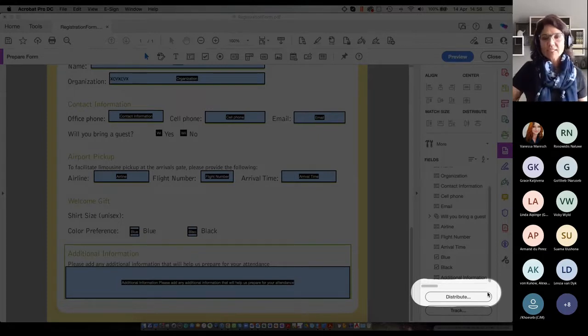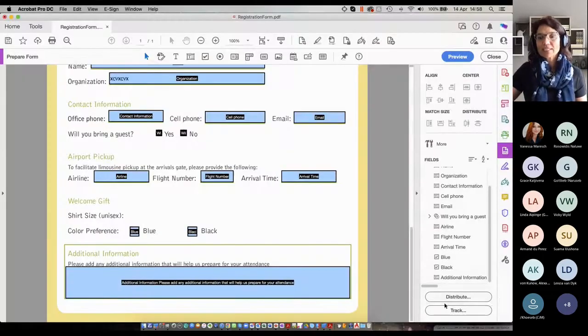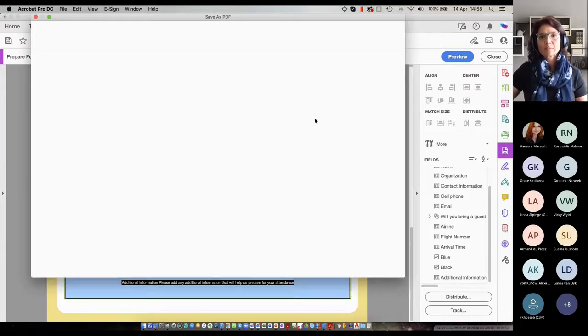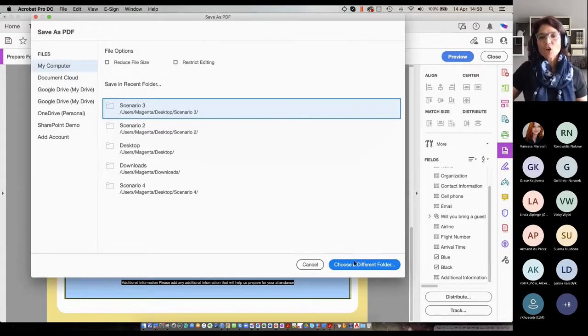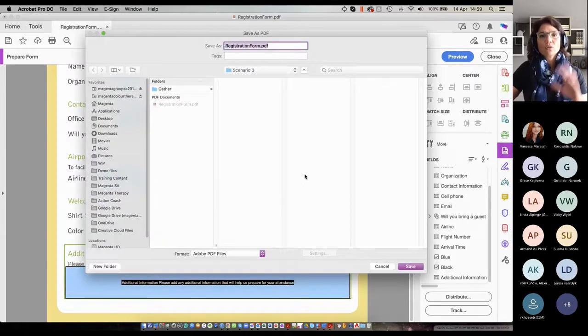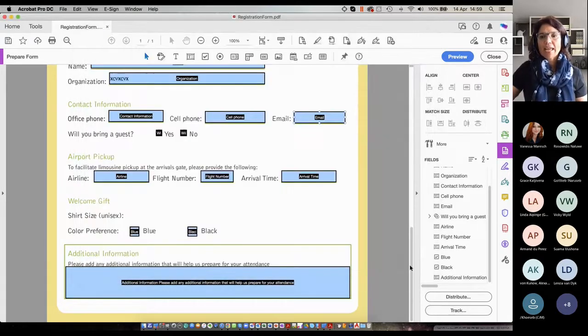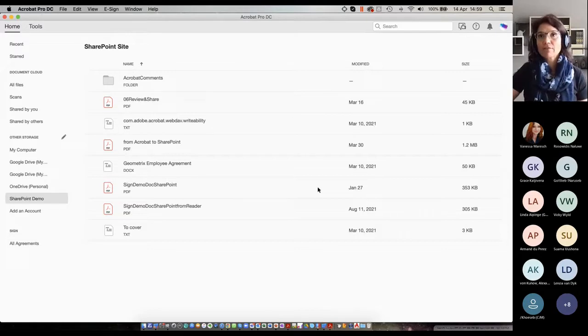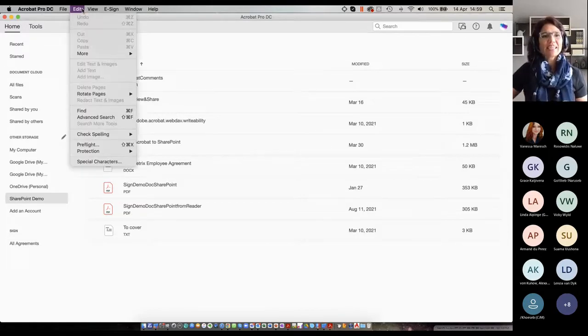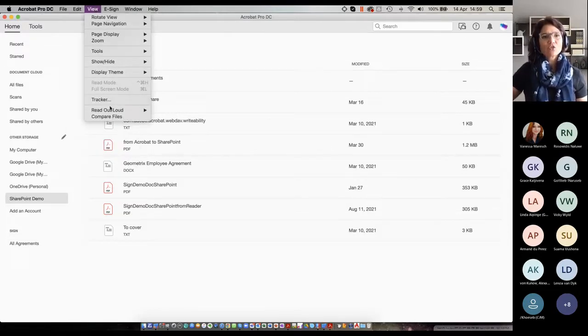The last thing I just want to quickly show you relating to this is, you can at any time. So I'm just going to close this a minute. Let's just save it. Let's say, for example, I have sent this form out to the various people. Let's just pop that on the desktop. And now we've got all these people that have responded. I can at any time come in here to my